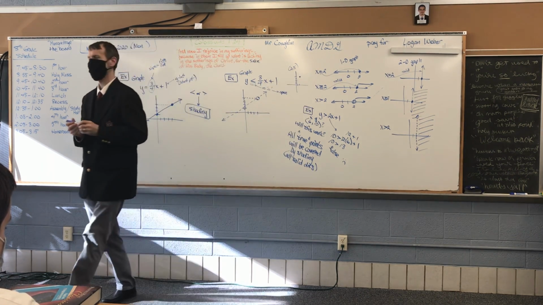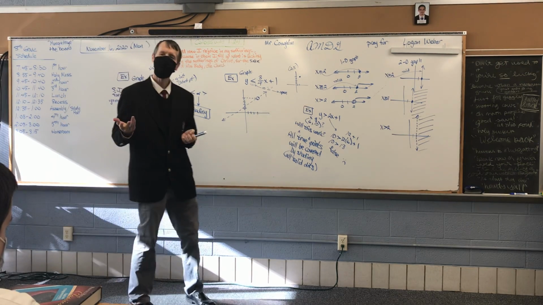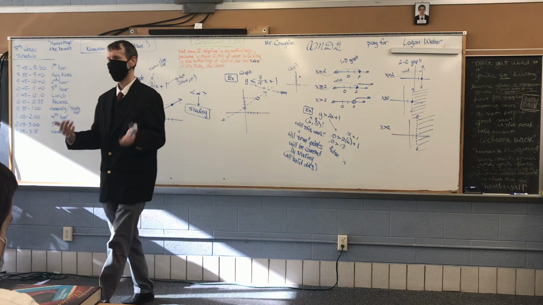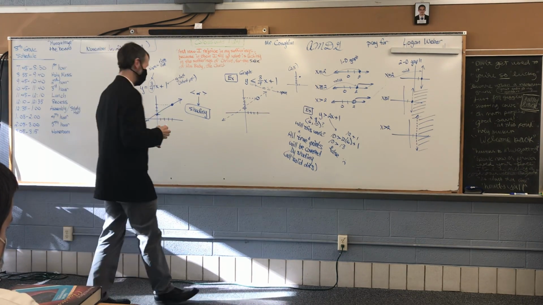How do you tell just by looking at a graph whether a point is good or bad? Is it shaded or not? If it's shaded, it's good. If it's not shaded, it's bad. That's not the moral lesson, by the way. I'll tell you when that comes. But